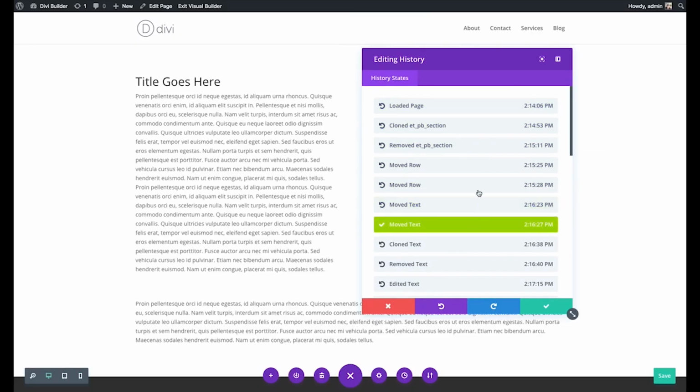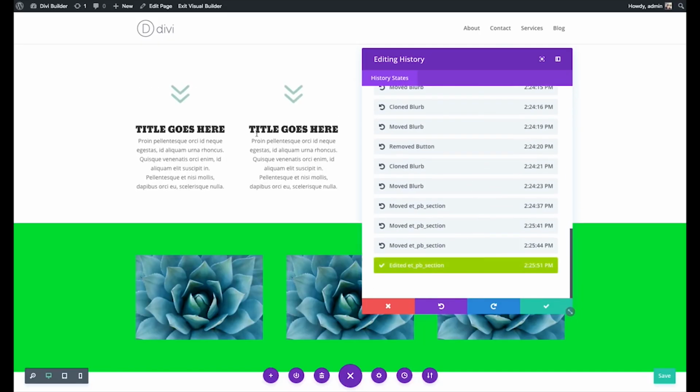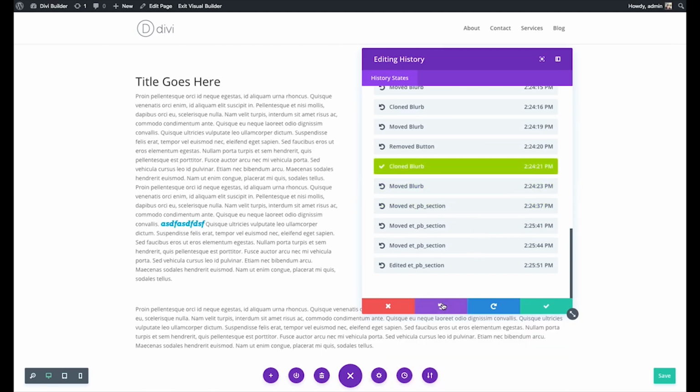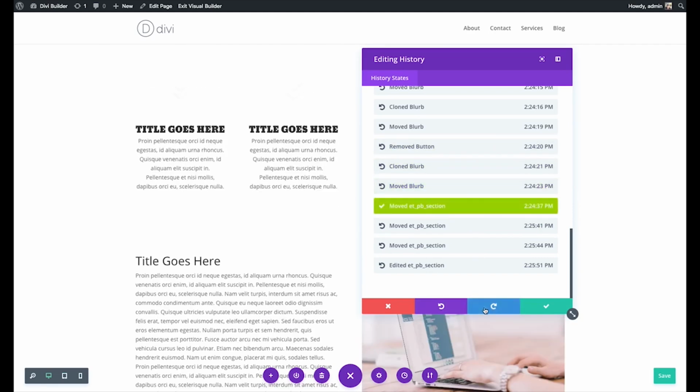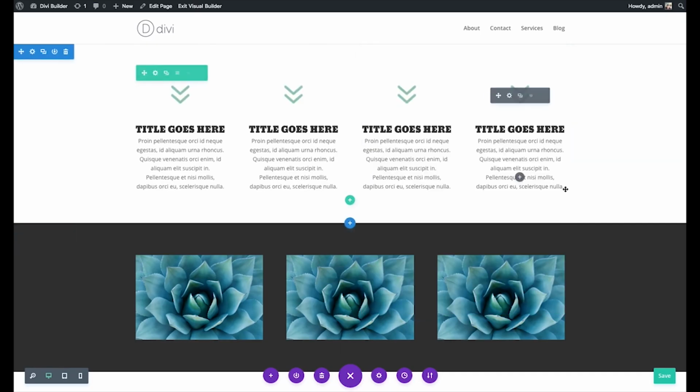And if you decided after a while that you didn't like what you've been working on for the past 30 minutes, don't worry, just go back to your favorite point in time. So I'm going to go back to where I am now, and I can also undo and redo. And once you've found a spot you like, you can accept it or just cancel and go back to where you started. Okay, so that's the history